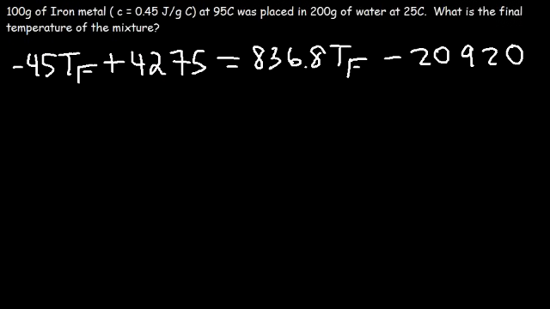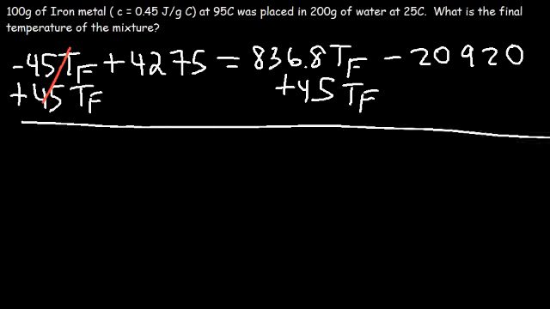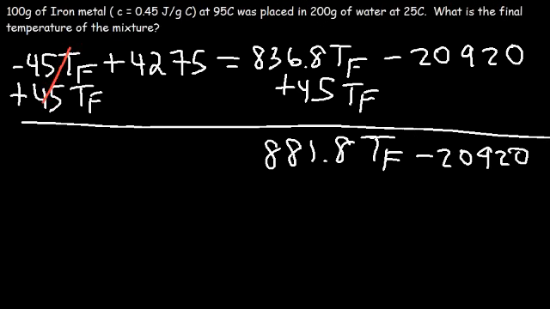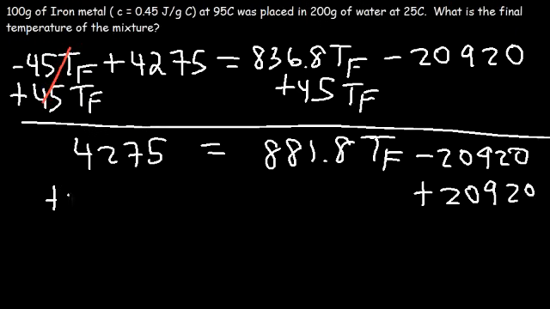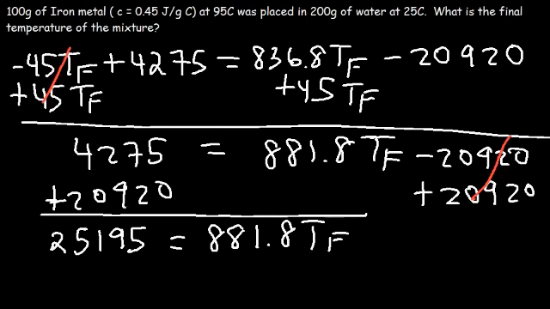So what should we do next? We need to get TF by itself. So let's add 45 TF to both sides. So 836.8 plus 45, that's going to be 881.8 TF. Next, let's add 20,920 to both sides. So 25,195 is equal to 881.8 TF. So now let's divide both sides by 881.8. So 25,195 divided by 881.8